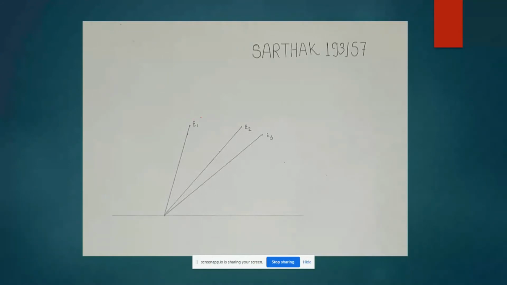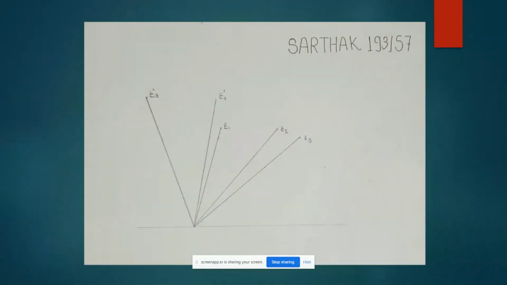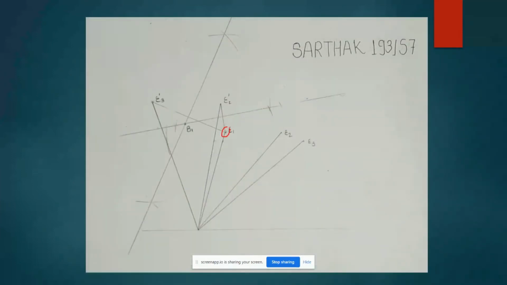Firstly, we have to draw the points E1, E2 and E3 from the given polar coordinate information. After that, join these points with the A1. Now, we have to rotate these points E2 and E3 by the angles 30 degree and 70 degree in the anti-clockwise direction. After this, we will get the final points E2 dash and E3 dash. As we just have done the rotation, their lengths will not be changed from the point A1. Now join the E1 with E2 dash and E3 dash.